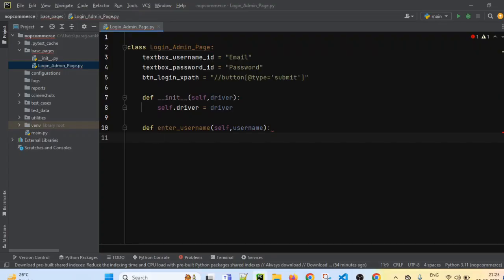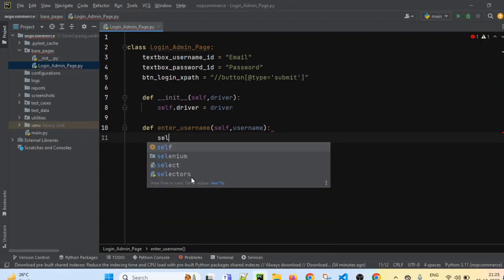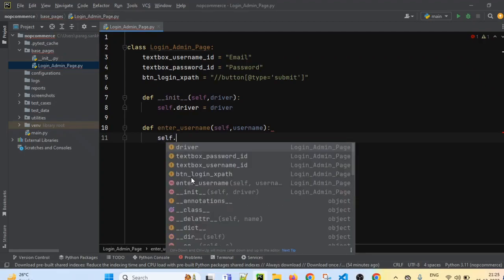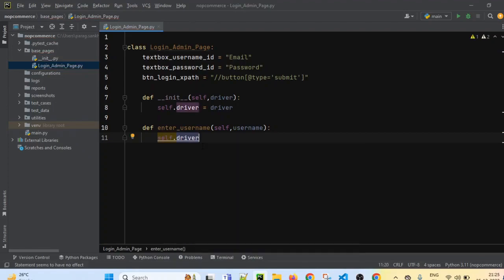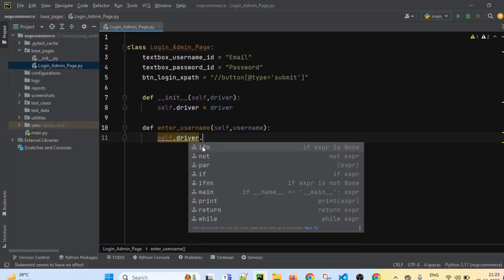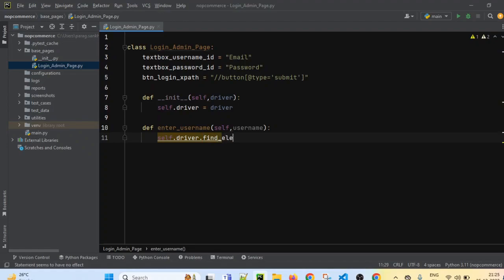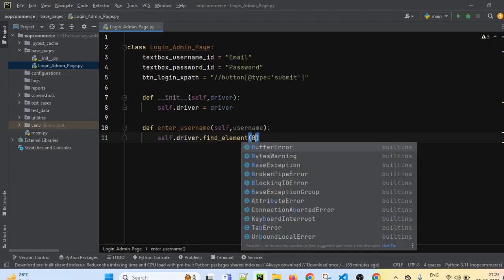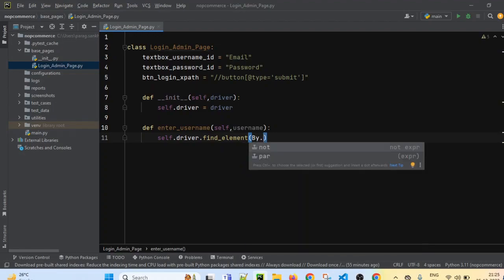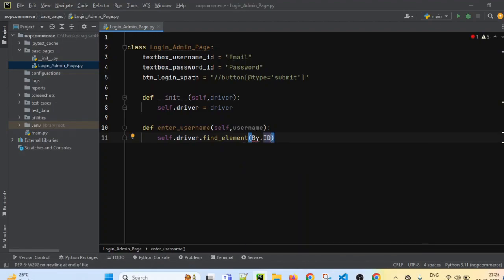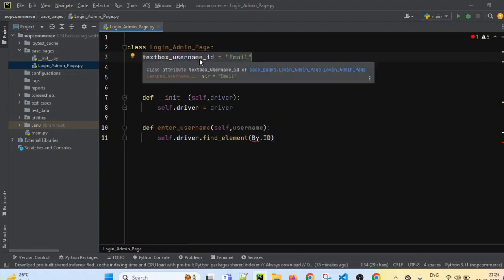So let's go back to PyCharm. So how to identify it? We have to use self.driver.find_element(By.ID, ...). So we are going to use this locator. We have already located this, right? So this is the username field locator.